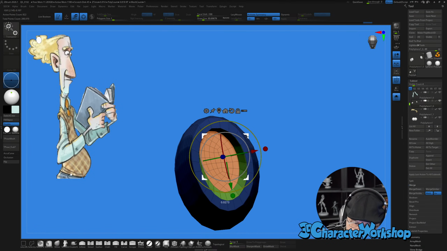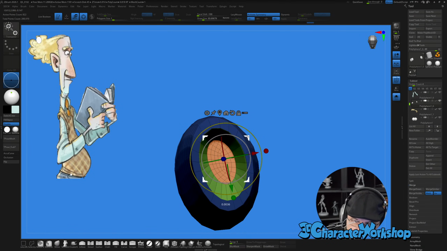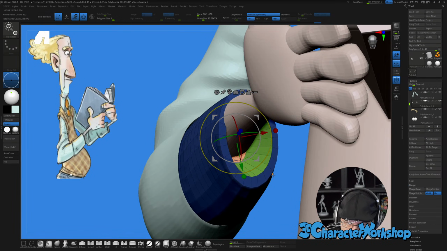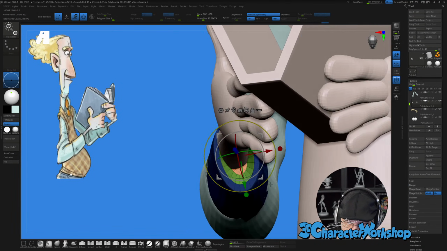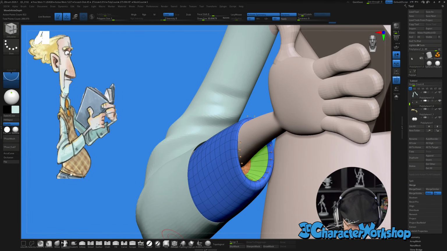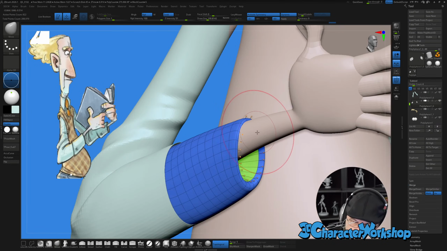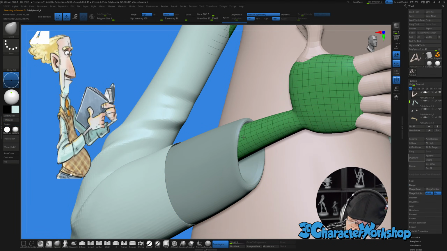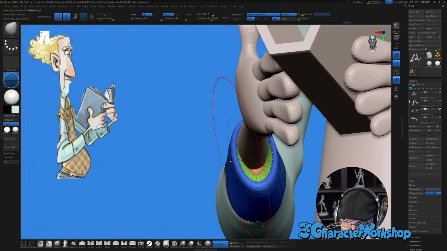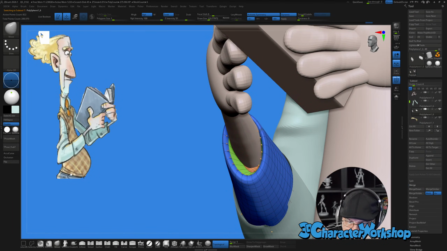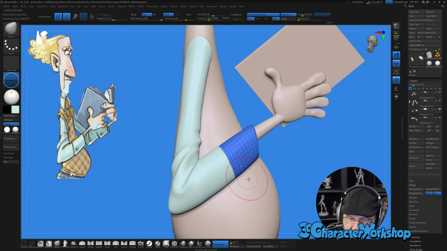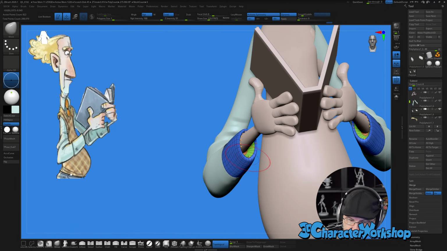And I can taper it and scale it way down, so it's up by where the arm is, right? Yeah, so now we can see where that arm is. And then we can clear the mask out, subdivide it. Now it looks like a sleeve, but the arm is intersecting, so we can move the arm down and we can move the sleeve up, so it doesn't intersect with it. Yeah, there we go. And now it's a sleeve that is watertight, but it still looks like a sleeve.